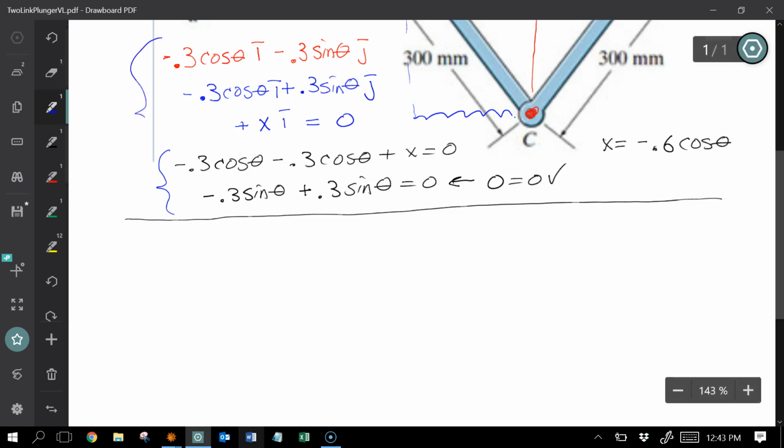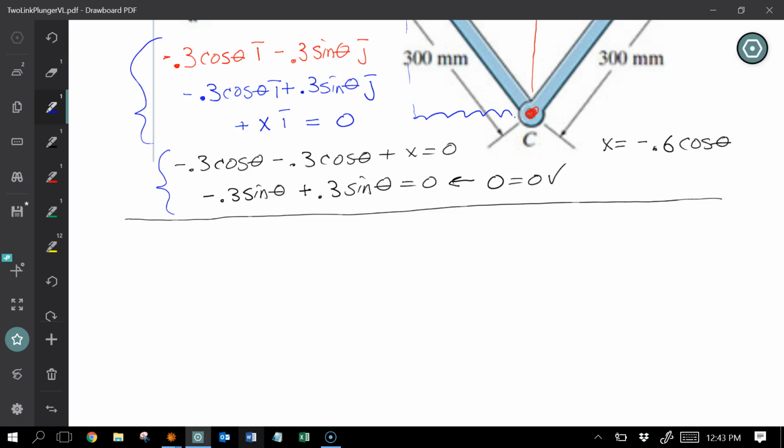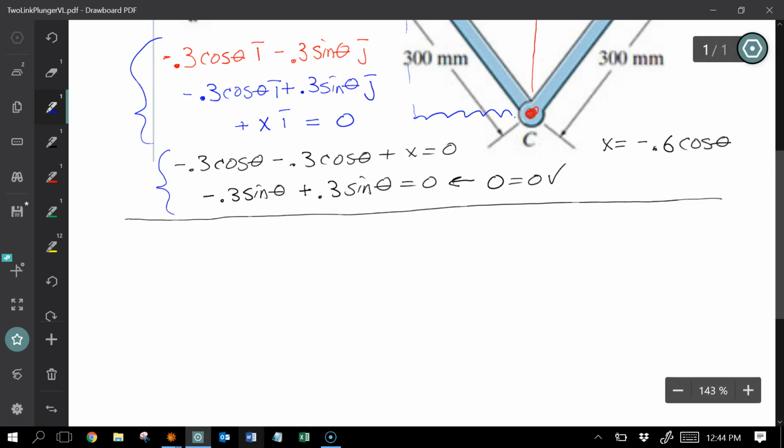So in other words, I take the derivative of this one here. Okay? So that's what I'm going to do. I'm going to take a derivative of that. Keep in mind that theta and x are variables. Okay? And don't forget the chain rule, right? Okay, so if you take a derivative of this, I'm going to end up with minus 0.3. Derivative of the cosine is the sine of theta times theta dot